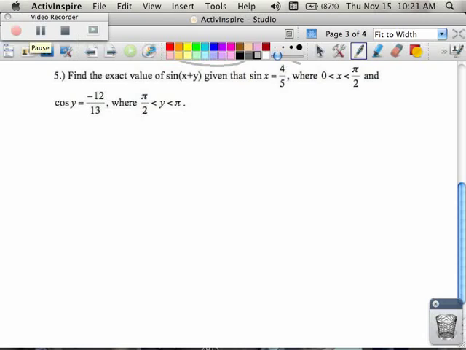Number 5. In number 5, we're working with finding the exact value. This is where decimals are not allowed. So if you do decimals, you're kind of in big trouble. And whenever you see this kind of stuff, remember it's always about clues and trying to figure things out that way. Whenever you see these kind of restrictions, I want you to think